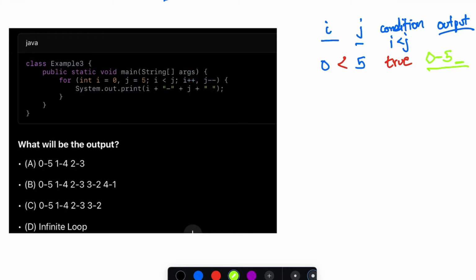What does the value of I now become? I plus plus means increase I by 1. It becomes 1. It increases the value of I by 1 and j minus minus decreases the value of j by 1. Now it checks again: is I less than j? Yes, it's true. If it's true, I come inside the loop and I print I plus space, I plus hyphen